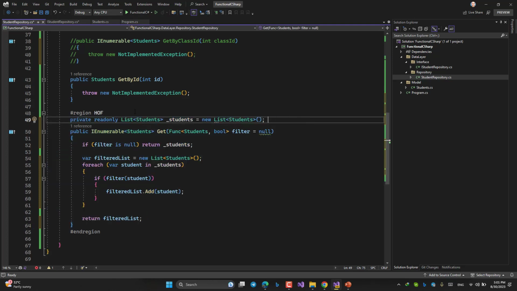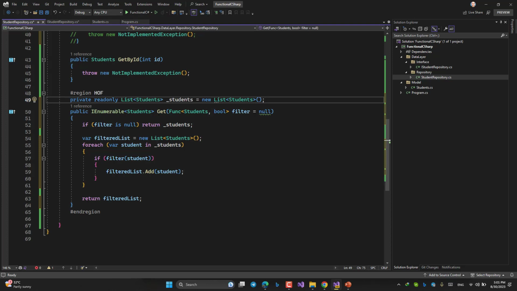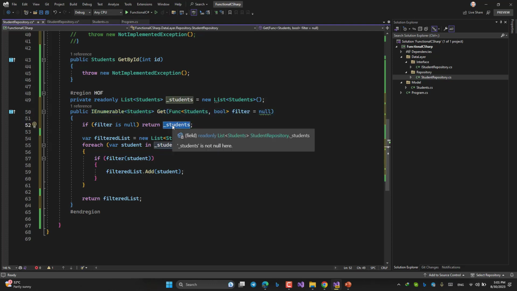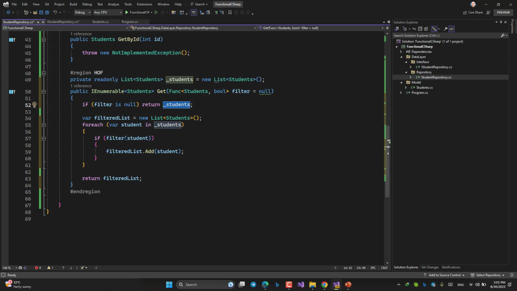I have a list of students. Then something like a list of students, Get method. It's like what we had inside the interface. If the filter is null, all of the students would be returned. Otherwise, as you can see, the filter can be applied like this.